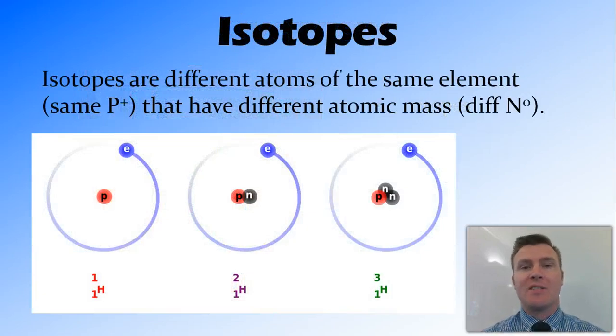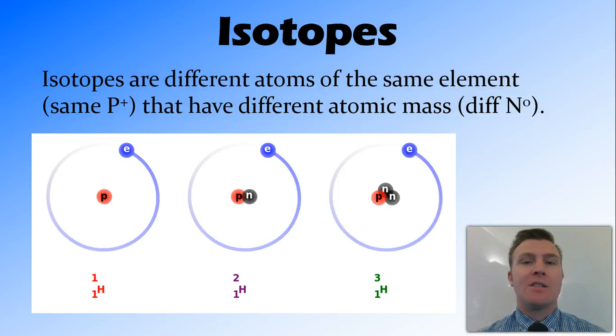Isotopes are different forms of the same element with a different atomic mass. So to be the same element, we know that they have to have the same amount of protons, because the protons are what defines an element as being that particular element. So to have this different atomic mass, what needs to change is the number of neutrons that are present in the nucleus. So for example, hydrogen has 3 different isotopes, all of which have 1 proton, as hydrogen has 1